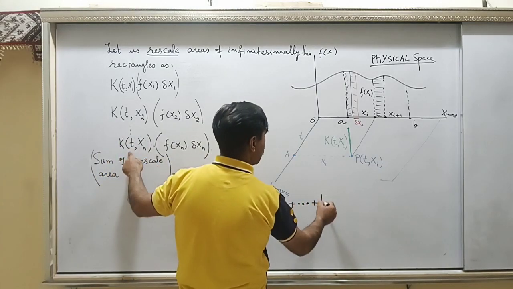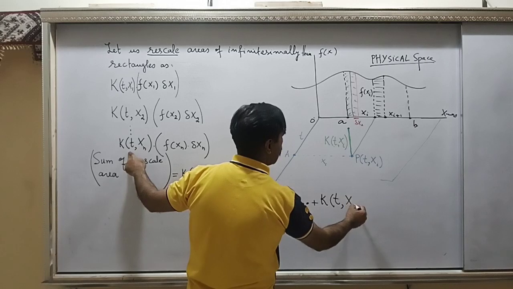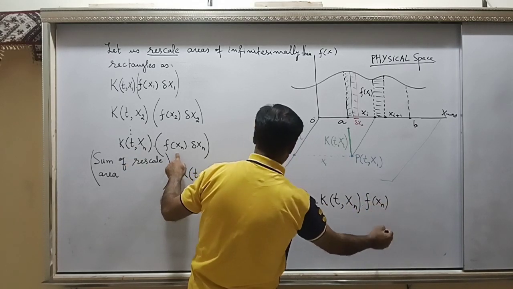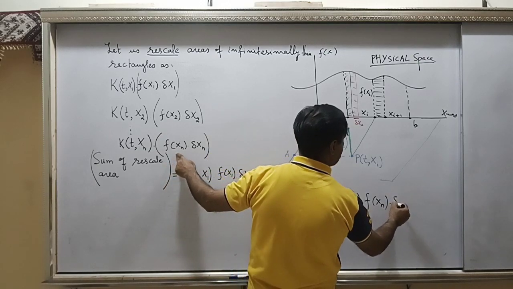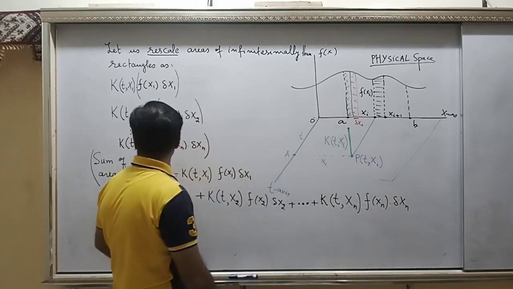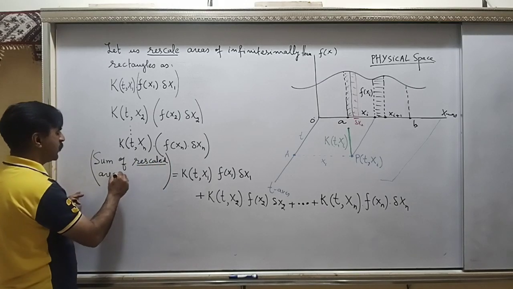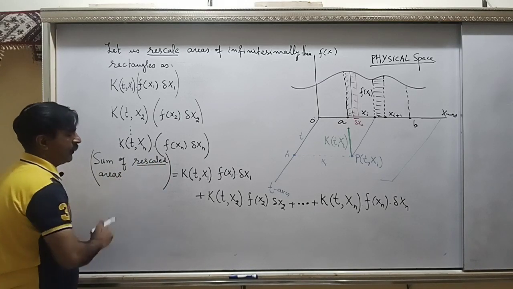The last value is k txn into fxn into delta xn. Now this is the sum of rescaled areas, right,